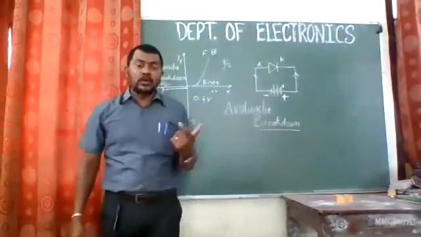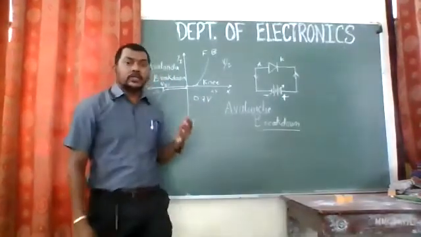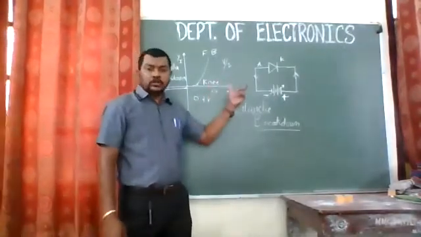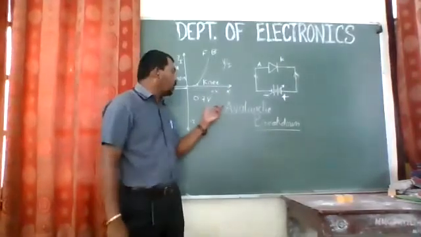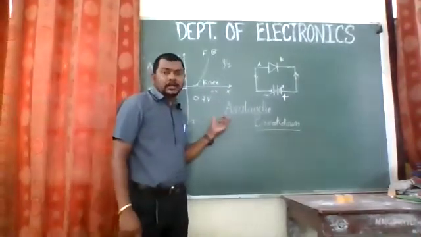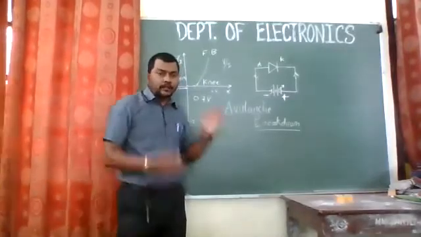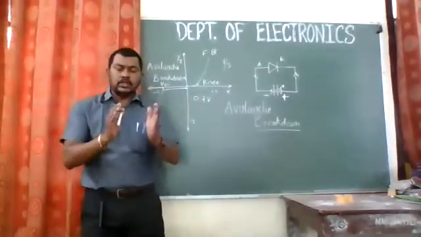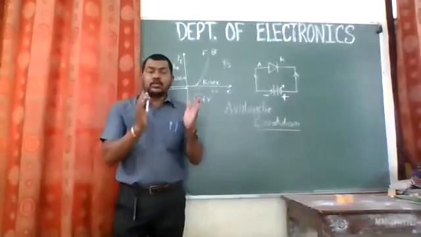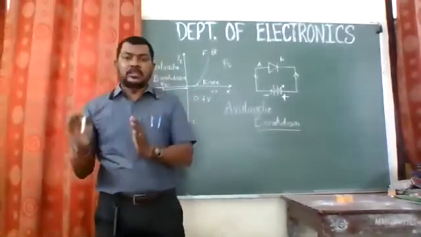So this is called the reverse current, and the diode is said to be in the breakdown condition, and that particular type of breakdown is called avalanche breakdown. So I guess you have understood that. What happens in avalanche breakdown? There is a very big question on that: what is the difference between avalanche breakdown and Zener breakdown?